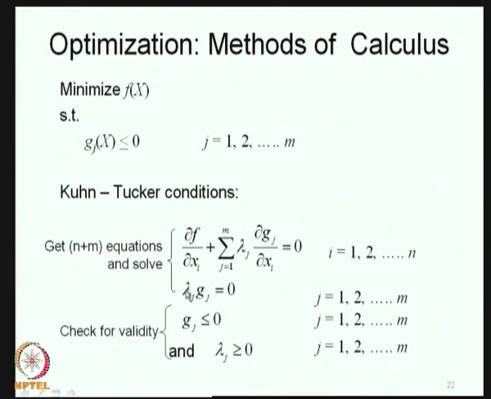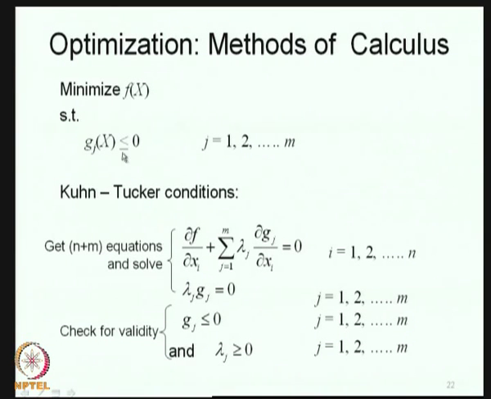Then the second set of conditions is simply lambda j gj is equal to 0. So, you have the original constraints gj of x less than or equal to 0, multiplied with lambda j, which are in fact the Lagrange multipliers. We will see this in linear programming: lambda j gj is equal to 0, and we write this for all the constraints j equal to 1, 2, etc., m. So, you get m equations here. So, you get n conditions here and m conditions here.